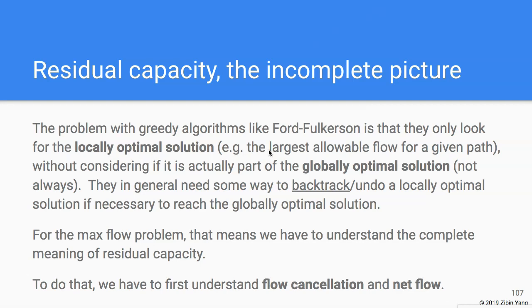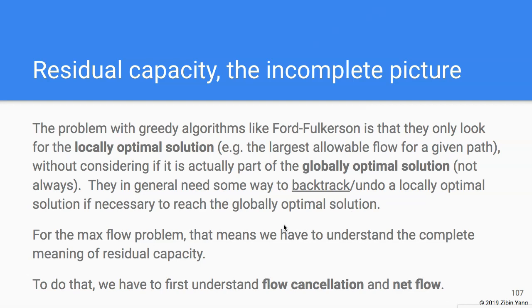So in our version of the Ford-Fulkerson algorithm, we always try to send the largest possible flow for a given path, right? But as we see, that is not necessarily part of the globally optimal solution. So we saw an example of how that does not give us the max flow. What that means for greedy algorithms is that they in general need some way to backtrack or undo a locally optimal solution if and when necessary, so that it can eventually result in a globally